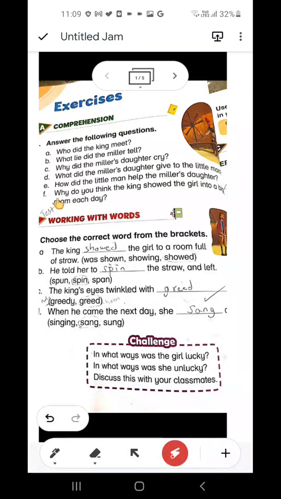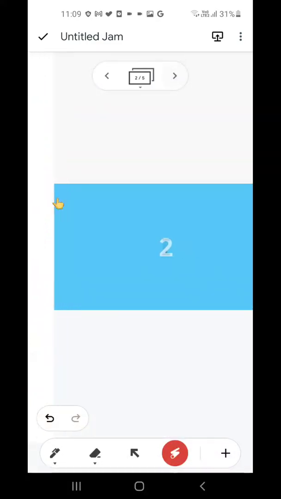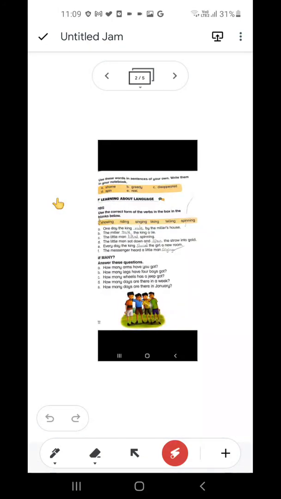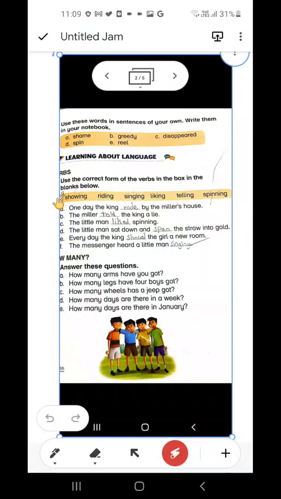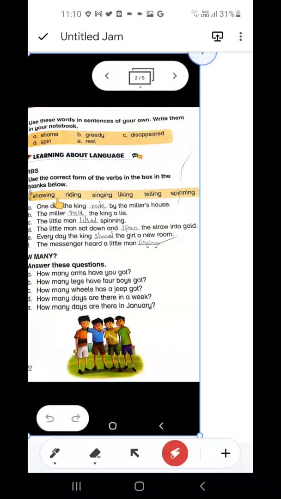Similarly, students, on page number 59, the same exercise, almost the same. This one, they said use the correct form of verbs in the box in the blanks below. And they have given us options of the words showing, writing, singing, liking, telling, and spinning. Students,